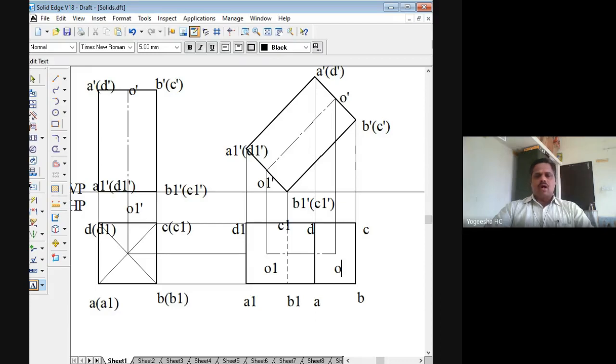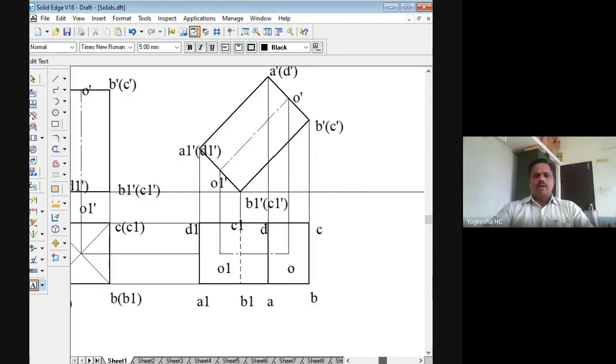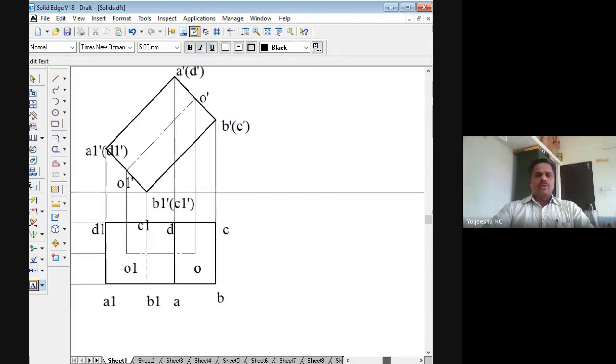This is how the solid looks in the top view, that is the second top view. A1 B1 C1 D1 is the bottom base. The bottom base should be hidden, but we have already marked these as outer edges. Outer edges cannot be hidden, only the edge B1 C1 will be hidden. Here the top surface ABCD, all the edge corners of the top surface will be visible. That is why we have joined them with a thick line. So this is how we are drawing the second top view. So the second top view has been drawn.